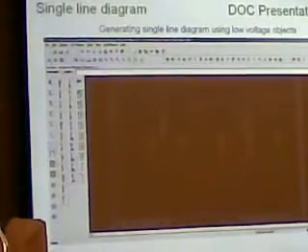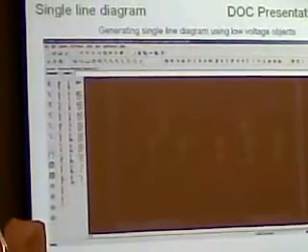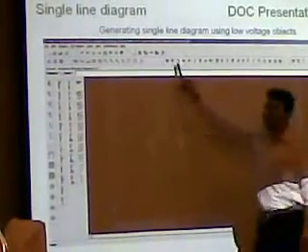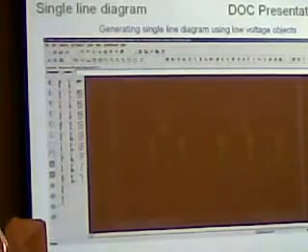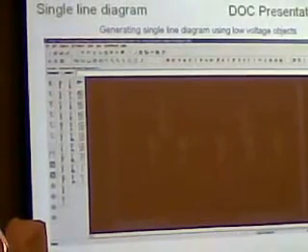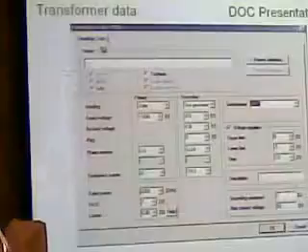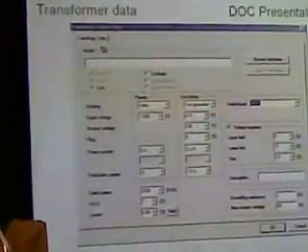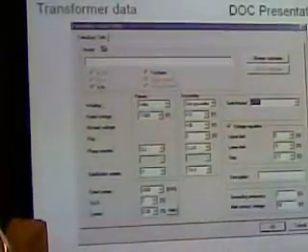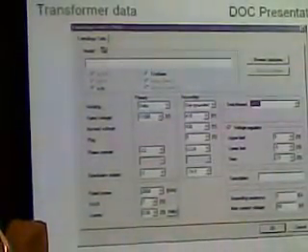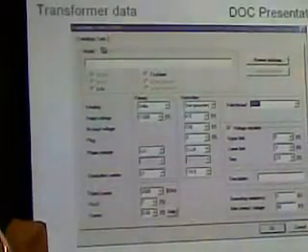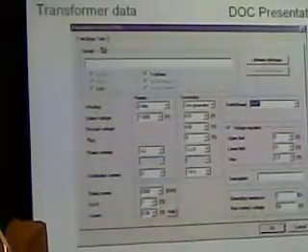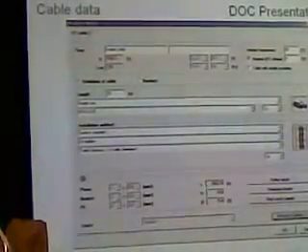And now once you open that, we have to start making the single line diagram by using the symbols. We will see one by one and open the faster. Once we finish the single line diagram, the network, breaker, cable and everything, then start giving the input. Breaker, transformer data. Transformer data we have already given. So we can still open and see whether the data is available or not. And then cable data